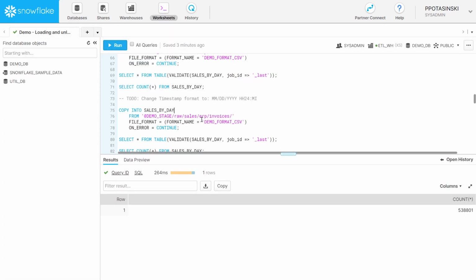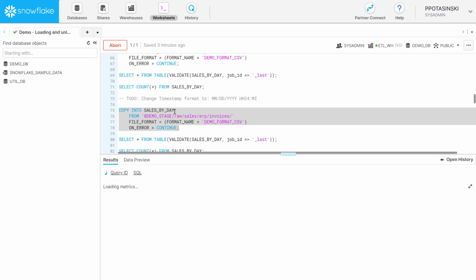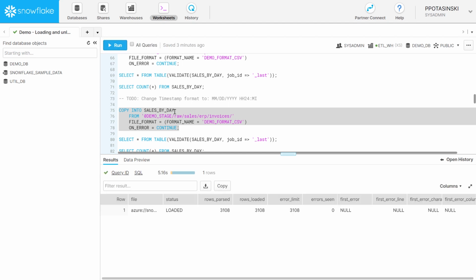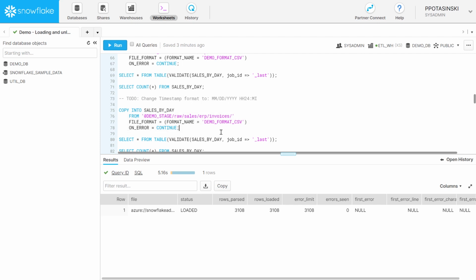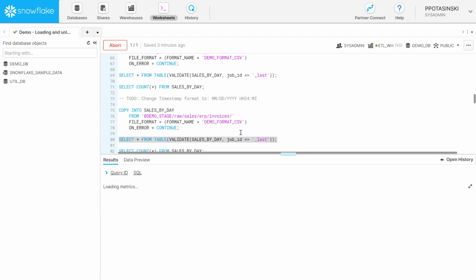Now, let me try again. You would expect that this particular statement, the same statement I've executed before, would try to load all the files, over 300 files. But no, this statement is going to import only one file because Snowflake knows that I've already imported all the other files from the stage. It's a kind of intelligence that stages have in them to make sure that my process is as easy as possible. So now I can see that my last loading process did not contain any error,